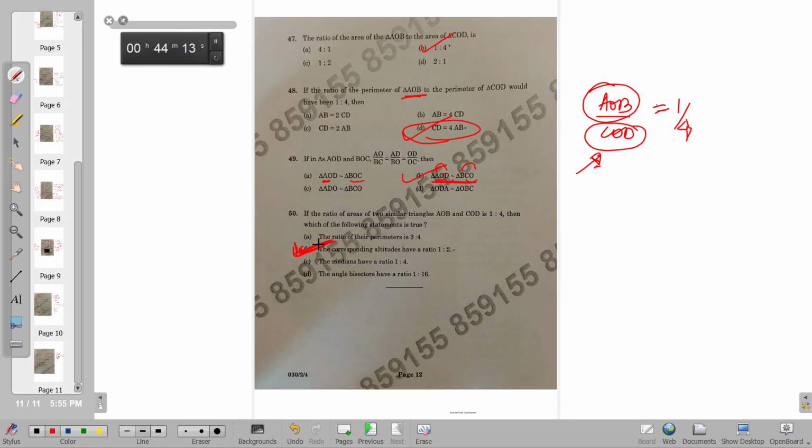I hope that solving this paper was a learning experience for you. I know I have not explained anything in detail. I've just solved the way I would do it. And I know I have an advantage being a teacher. But still, my verdict for this paper is it was a good, well balanced paper.